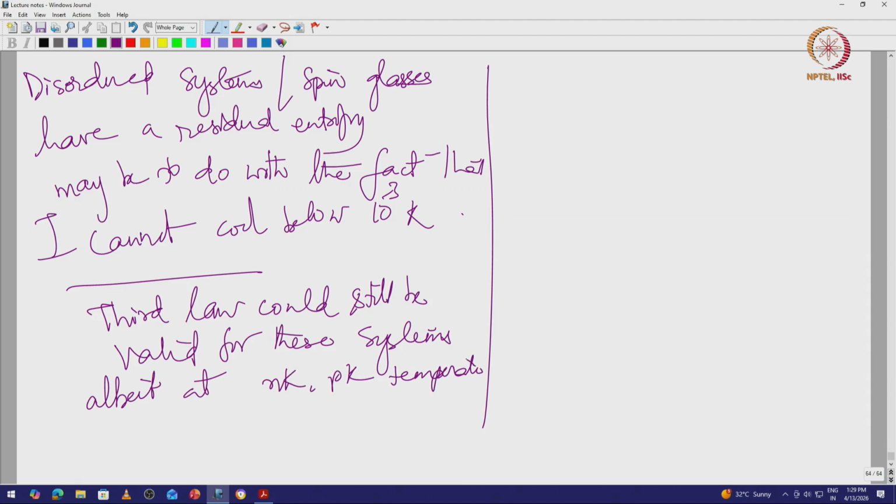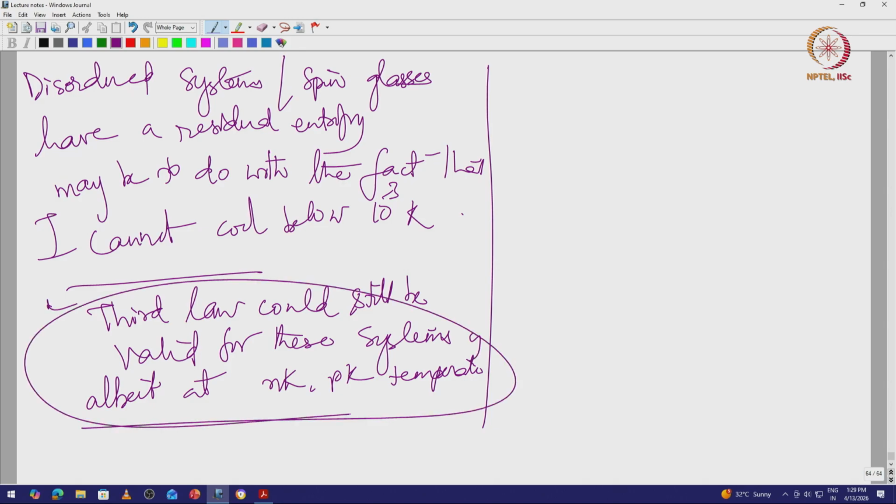I do not know, so we do not have any proper way of getting to these temperatures on a larger scale. Locally you can get there through laser cooling, etc., but on a larger scale it is so difficult to get to these temperatures. So I cannot really say that the third law is not valid. I can say that the third law has not been tested out, and that is my experimental limitation. So the third law has not been tested for these spin glasses by going to really